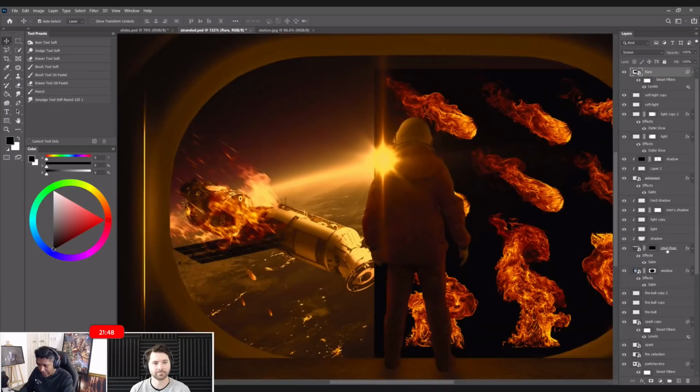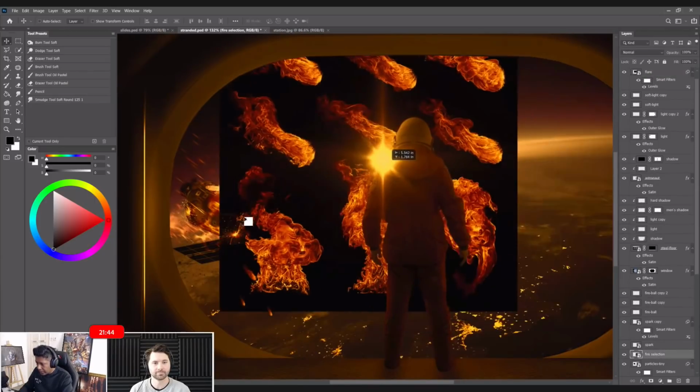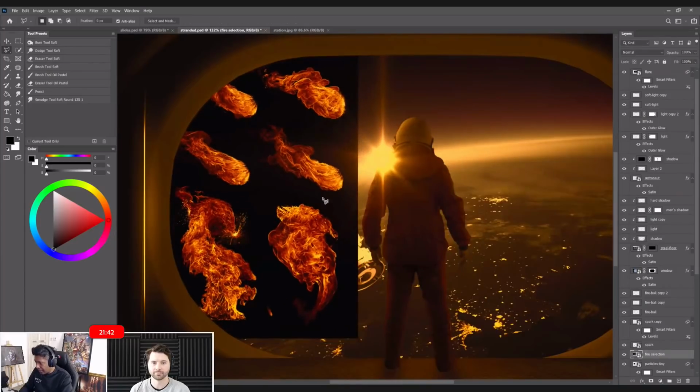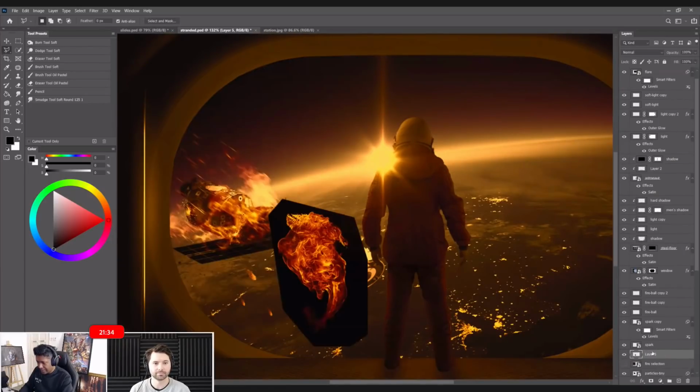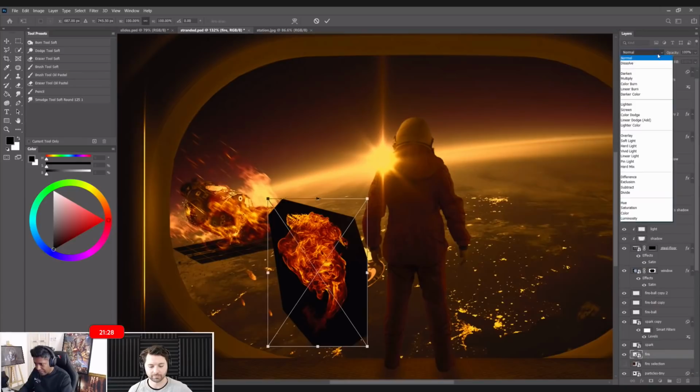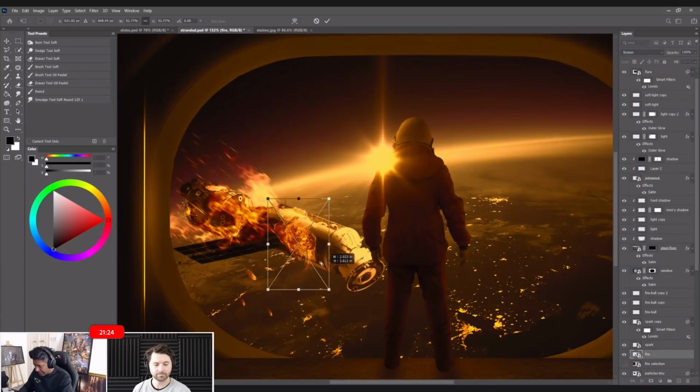Let me see. Okay, this one. So I'm going to copy this. Okay, copy, and I'm going to hide this, paste it, convert to smart object. Let's call this fire, and I'm going to switch it to screen. I'm going to have a bit more fire over here,